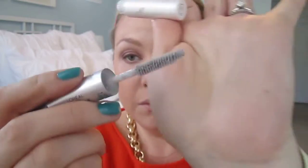So curling my lashes, and then I'm going in with my Double Extend from L'Oreal, and I'm going to use just the primer for this mascara today. I'm not going to use the other end. So just priming my upper lashes. I don't prime my lower lashes because I find they're long enough and my upper lashes need all the help